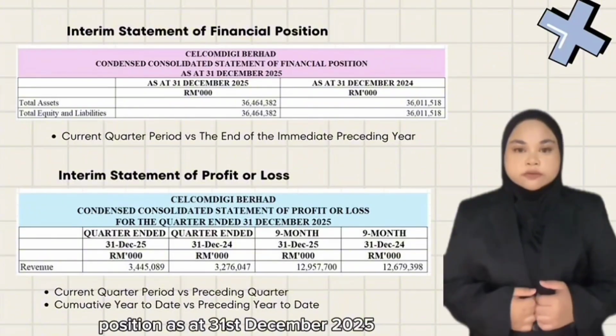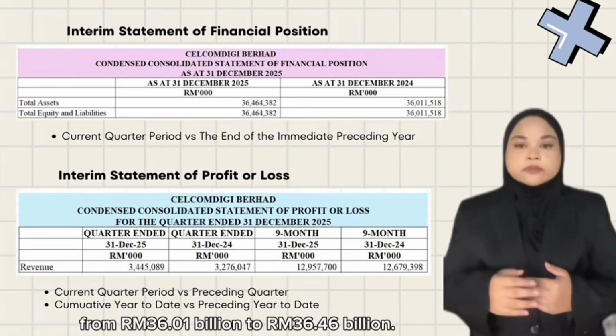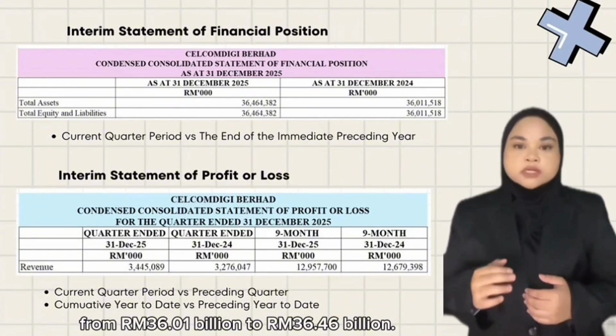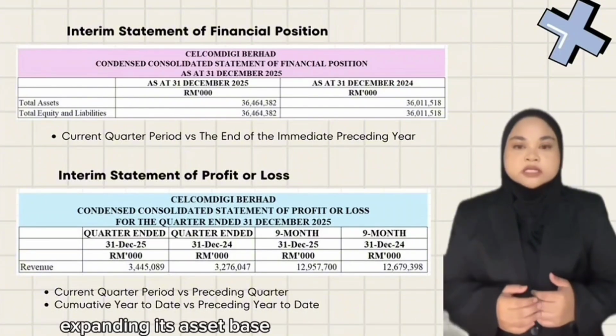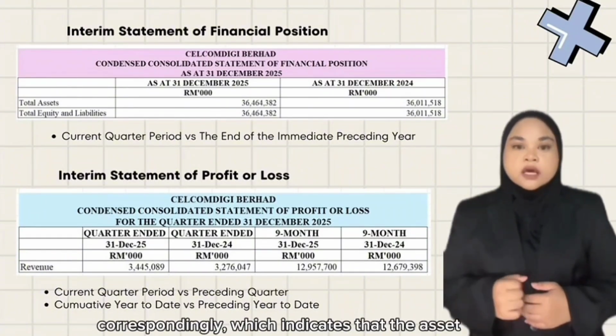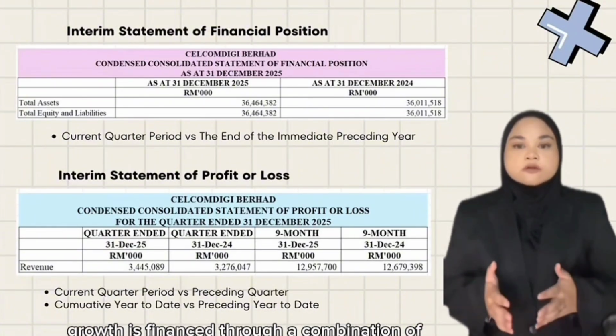For the interim statement of financial position of Celcom Digi Berhad, we compare the financial position as at 31st December 2025 with 31st December 2024. The total asset increased from 36.01 billion ringgit to 36.46 billion ringgit. This increase suggests that the company is actively expanding its asset base. Total equity and liabilities increase correspondingly,